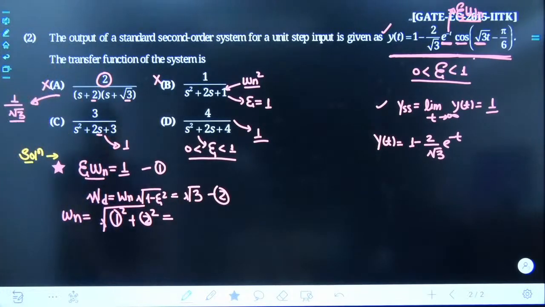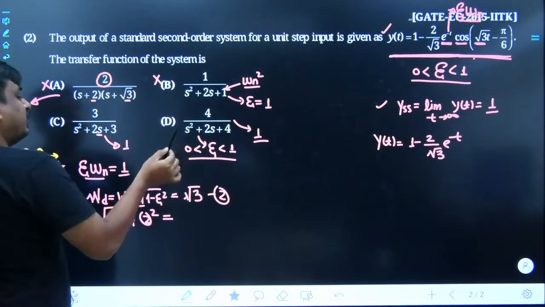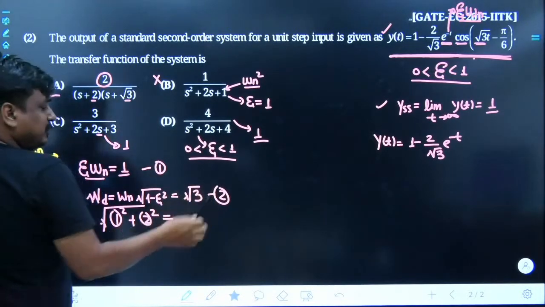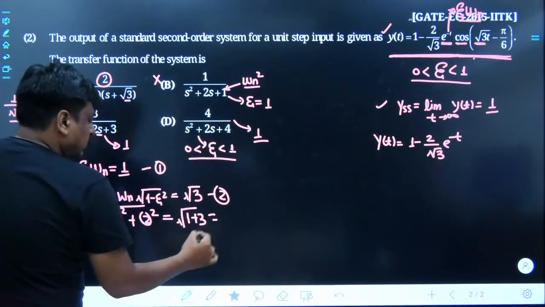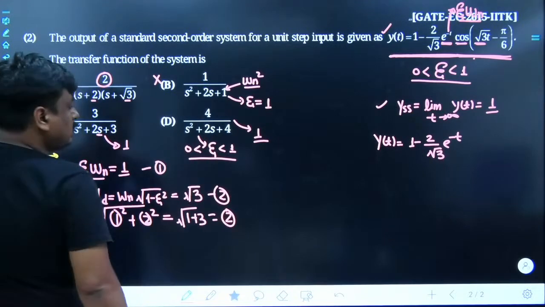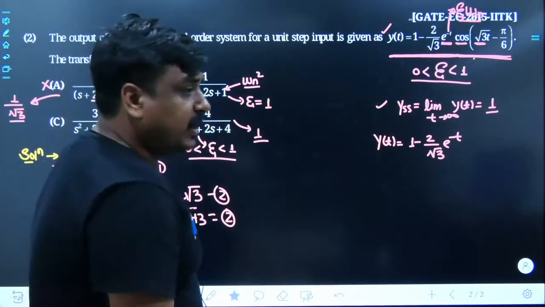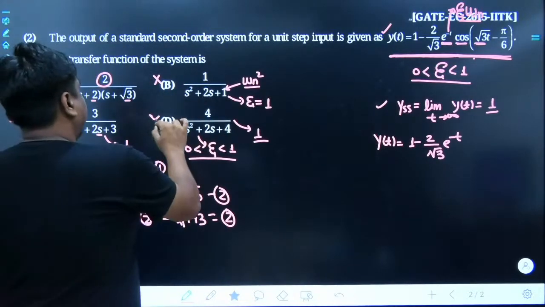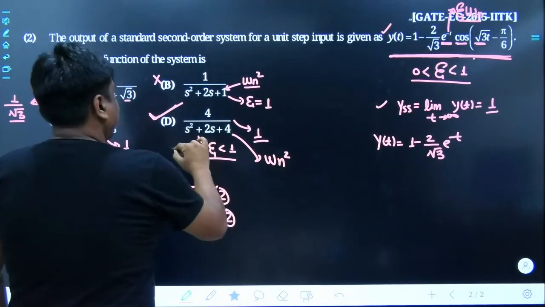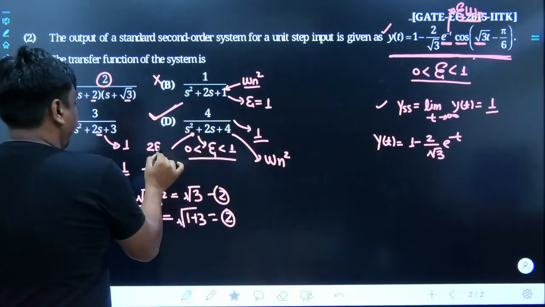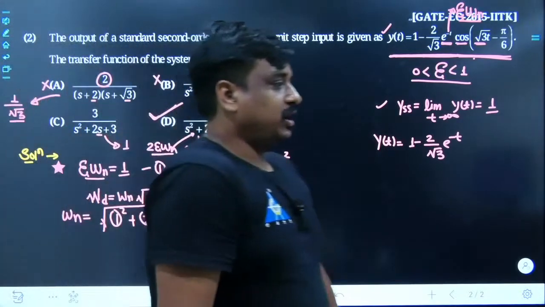Agreed now? Could you understand what exactly I wanted to communicate? So in that case, the 1 is raised to the power of 2, that's 1, root 3 raised to the power of 2 is 3, and once we take its square root, we are getting 2. So obviously, D is the bestmost answer. This is the omega n square, this is the value of 2 times zeta omega n.